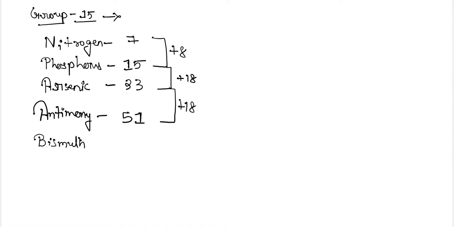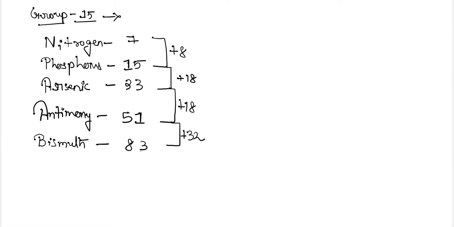For bismuth, the magic number will be plus 32, so here it will be 51 plus 32, which is 83. Okay, so this is the atomic number for your elements, that is nitrogen 7, phosphorus 15, arsenic 33, antimony 51,